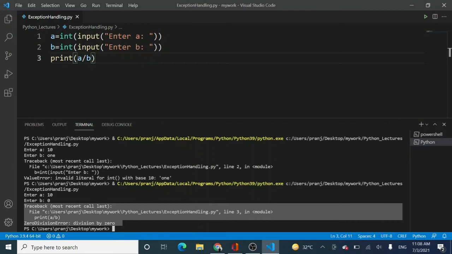But what we are going to study is the exception handling, which is the customized exception handling, right? This is how Python actually handles the exception or errors. But here we are going to study how we can actually handle such errors. Why we do this? Let us see.